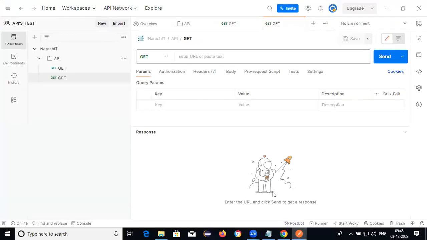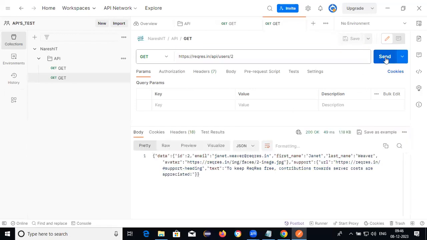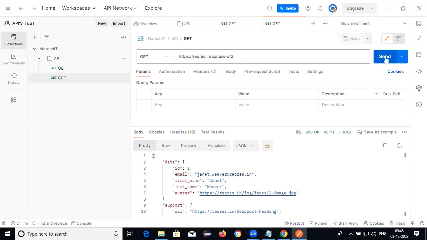What is the query parameter? Here, API user is the path parameter. 2 is the query parameter. Now I just hit the send button. See, is employee number 2 able to get the information or not?